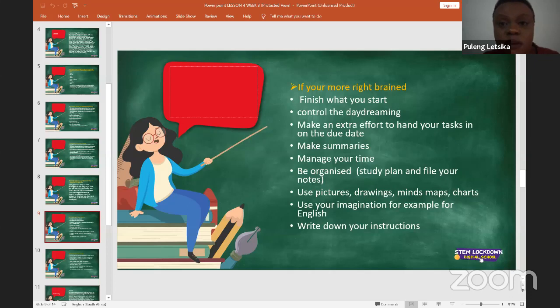And what you're going to do is that after every question that you've answered, you're going to tick. So after you've answered 1.1, you're going to tick. After you've answered 1.2, you're going to tick. And then you're going to tick every question off, just like a checklist. So it's like a checklist. You're going to cross the checklist.